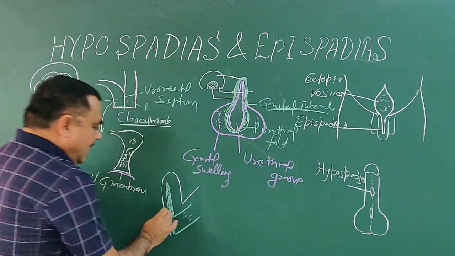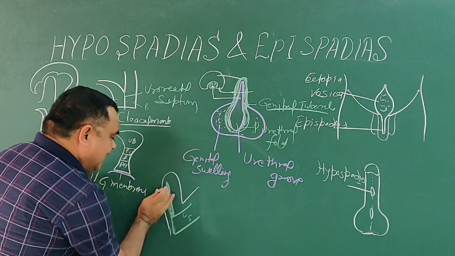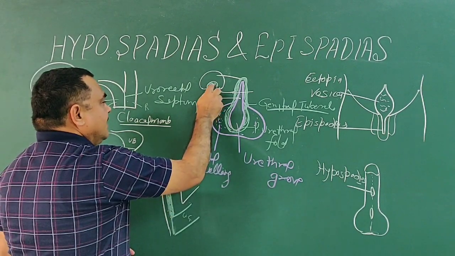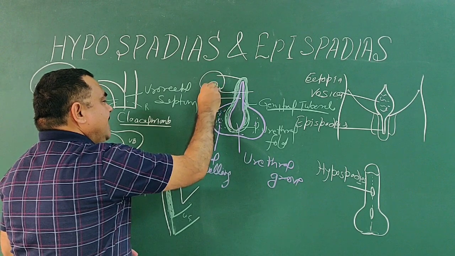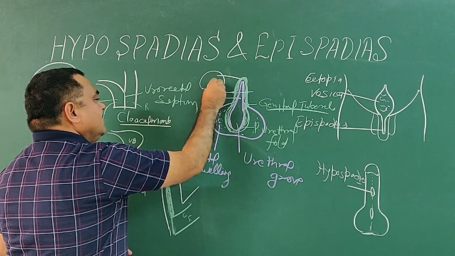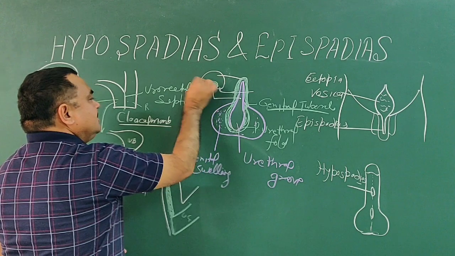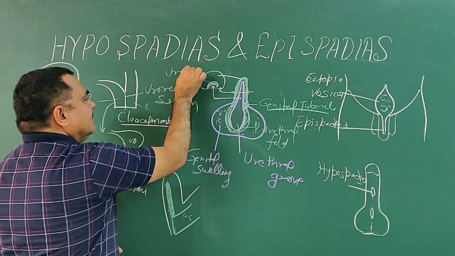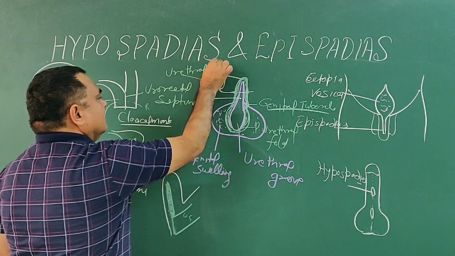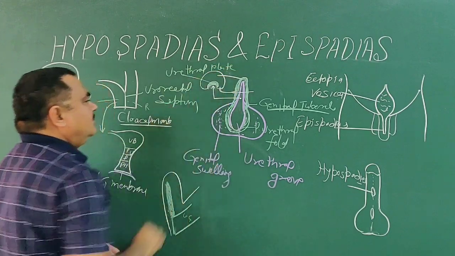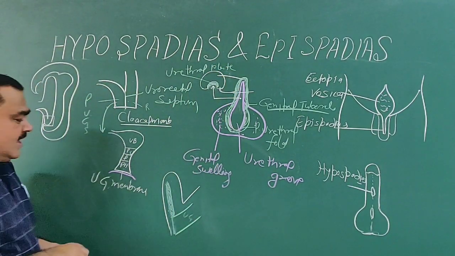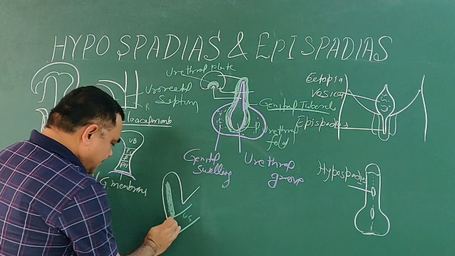Ultimately it arranges and forms a plate. So here a plate is formed. This plate is known as the urethral plate. So the urethral plate is formed. Now this opens,